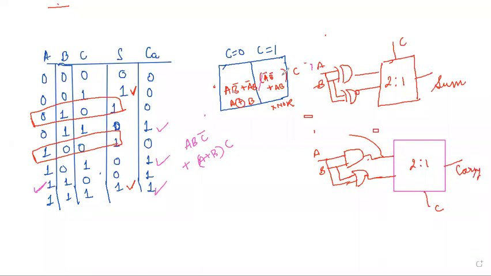So for the 2:1 multiplexer implementation of the full adder, I need two 2:1 multiplexers, one for sum and one for carry, and this is how it can be implemented. So I hope we are now clear how we can implement any logic function, any combinational circuit using multiplexers. If it is to be reduced in a single variable, I can choose it between MSB and the LSB. And if I want to reduce it with more than one variable, that is also possible. Again, we have to start either from the LSB end or from the MSB end.